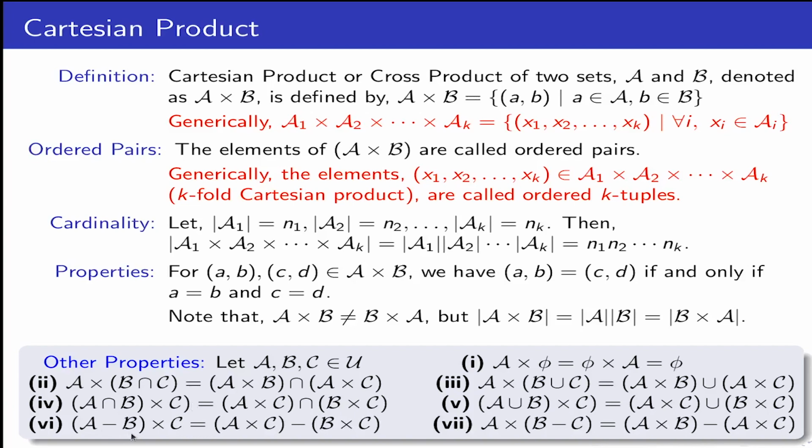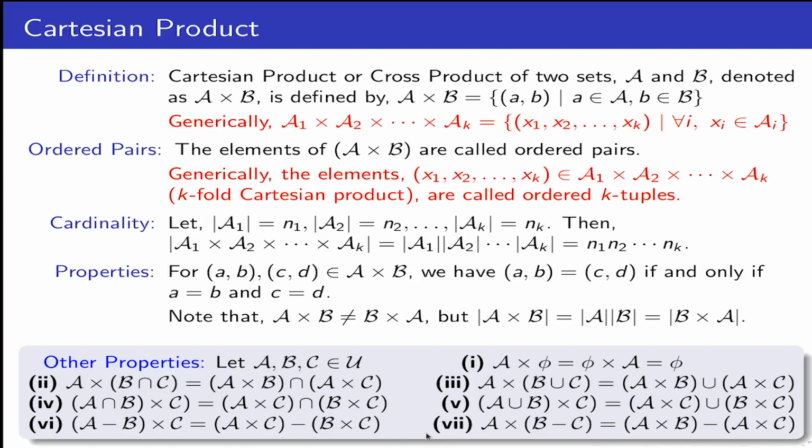If we take the difference A minus B with a cross C, that can also be distributed. This is due to the fact that A minus B is basically A intersection B bar. If you take a similar kind of analogy, that x y belongs to this, you will eventually find that x y belongs to this as well. I request you to go through the formal proofs by yourself, because this is very intuitive to learn, but informally you need to prove it, as we have shown one or two cases in our set theory class. You can prove it in a similar manner.